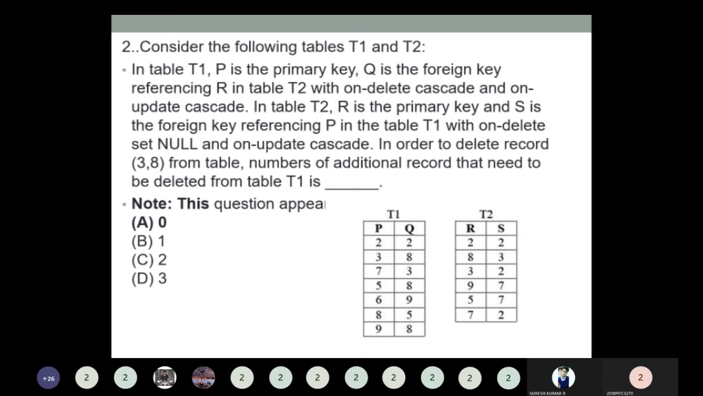T1 of P, the third row, 2, 3, 7. Isn't it? Here there are 1, 2, 3, 4, 5, 6, 7, so here 6, 7 in the sixth row. Given the question, we have to delete the record 3, 8 from the table. So third row 2, 3, 7. So here, the eighth row